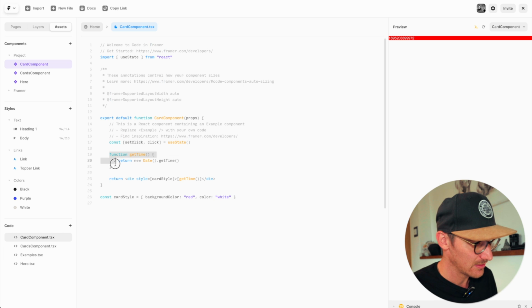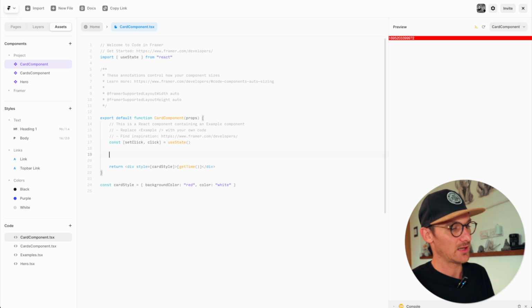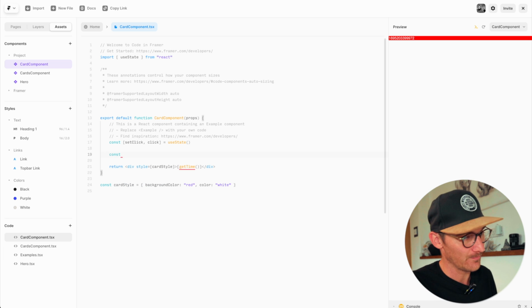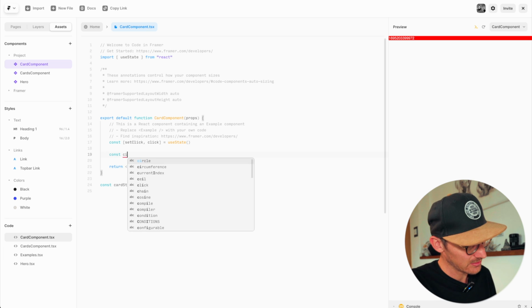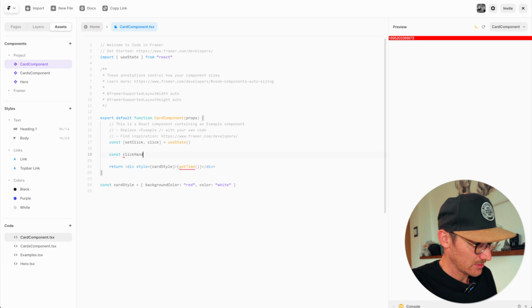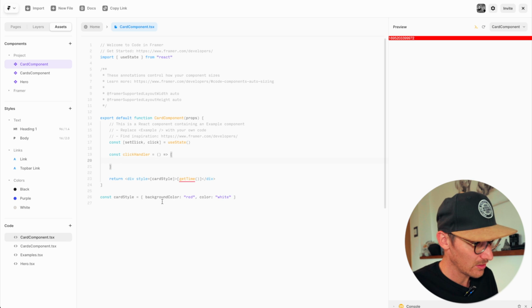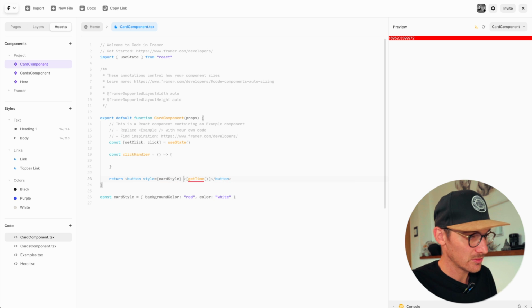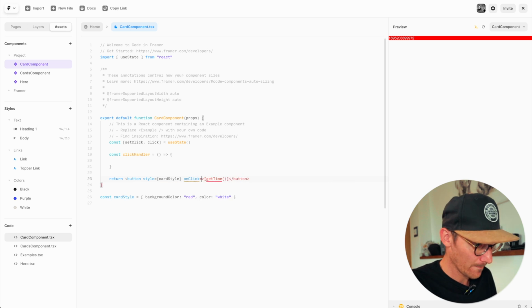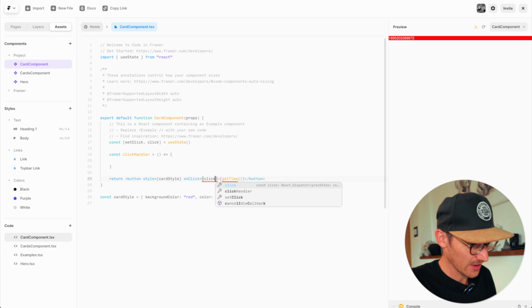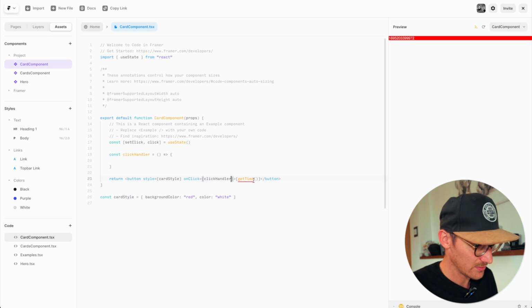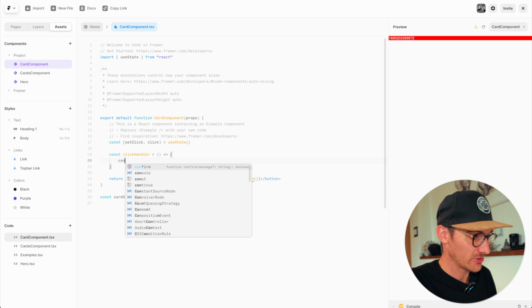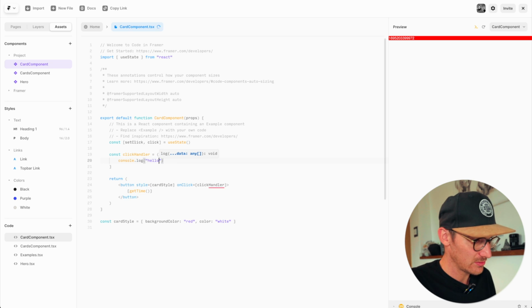So let's do something real quick. Let's go const clickHandler, which will be a function, and we're going to make this into a button, and on click we're going to go clickHandler. Okay, and then if we console log inside of here, hello,